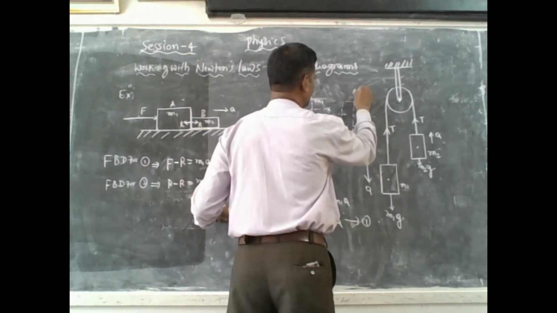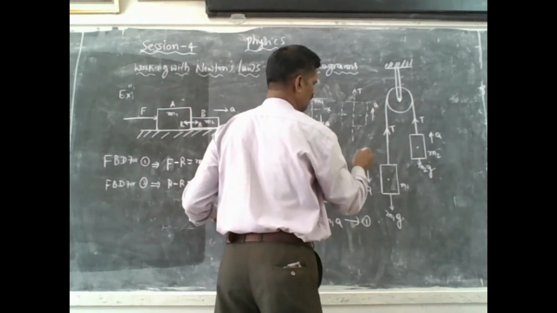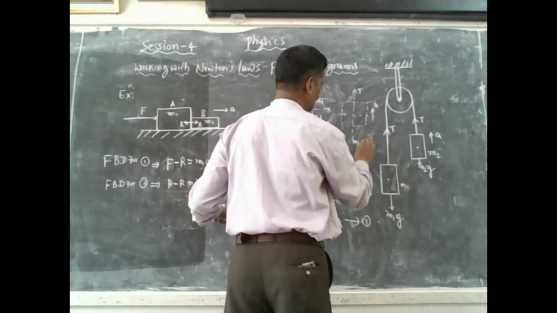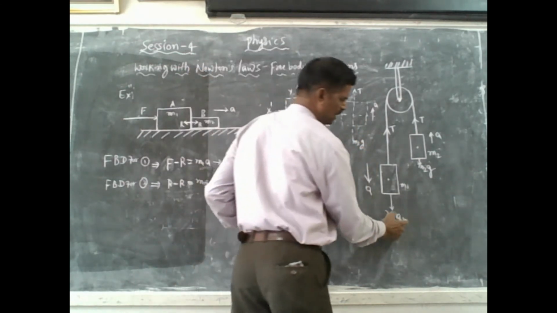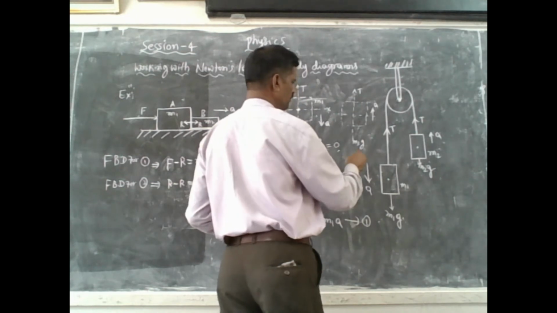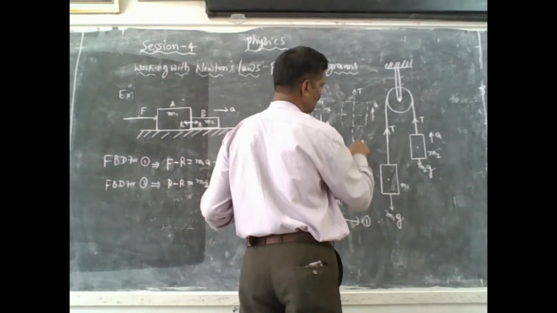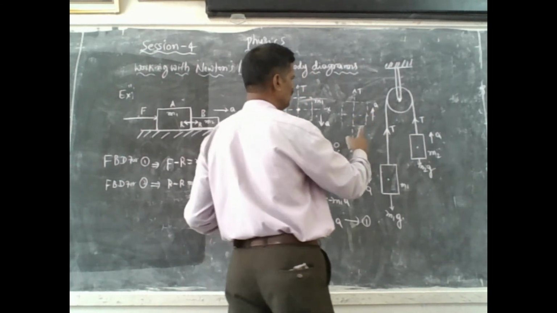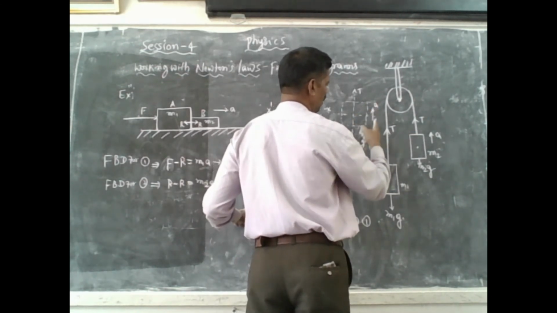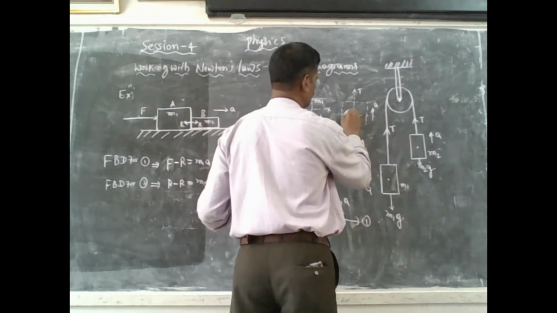So here T is there. Again, the motion is along y-axis and M2G, because acceleration due to gravity, M2G is there. Because weight of the body is pointing towards downward direction, and the motion of the body is in upward direction. So that's why this is